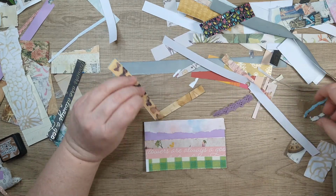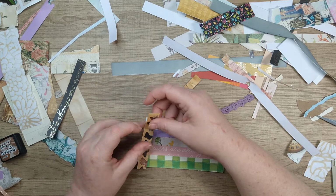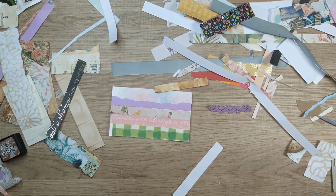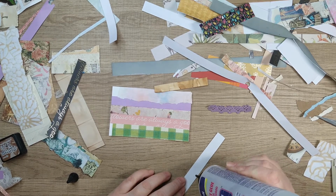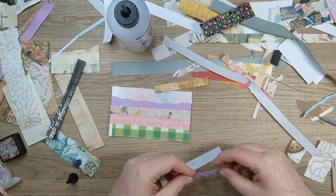It's ridiculous. Pick a paper already. Okay, there. Butterflies. I love butterflies. Okay. The way I'm going to do this is I'm actually going to glue the lace down to the strip first. And I'll glue the strip on because I want the lace below it. And I realize that lace is nowhere near that size, but